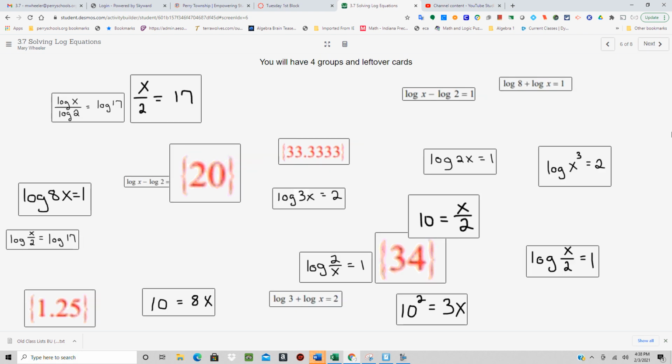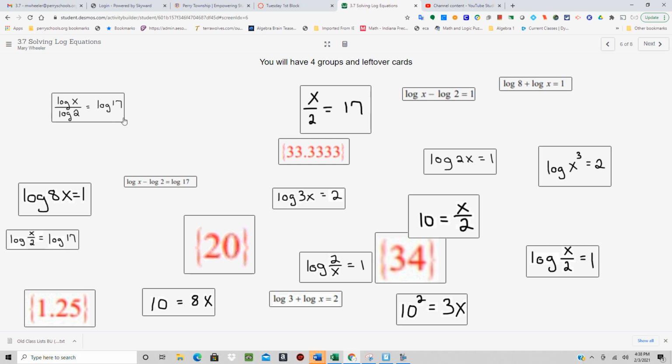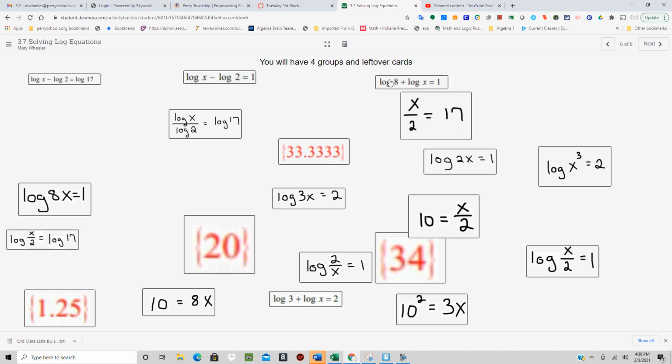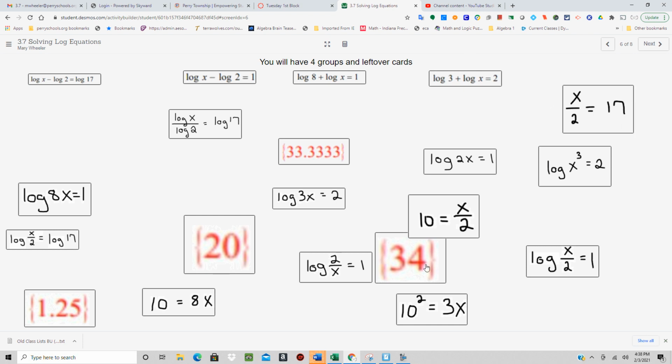All right, card sort. You're going to put this in groups of 4. You're going to have 4 cards with 4 cards left over. I'm going to do one with you, and then I'm going to let you do the rest. I'm going to do this one because this one is the one that people have the most trouble with. All the typed problems are the ones that you want to start with. Those are the actual problems. The answers are in red, and the handwritten ones are work. So I want to use my